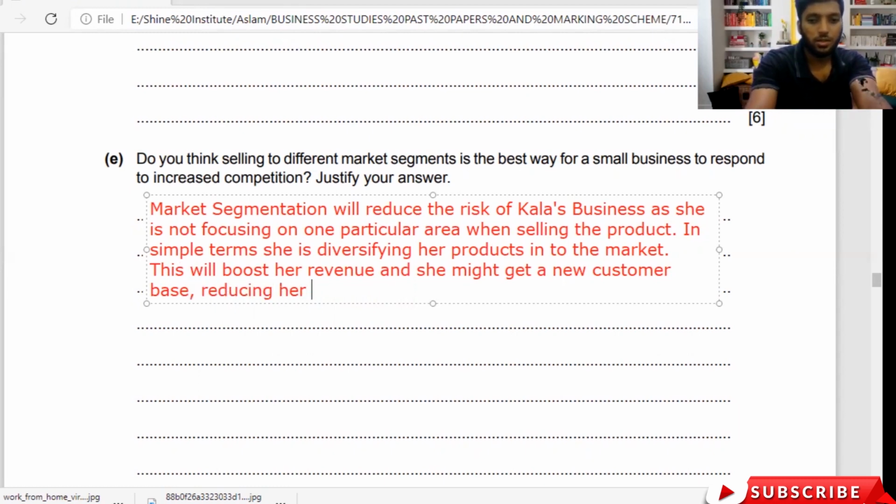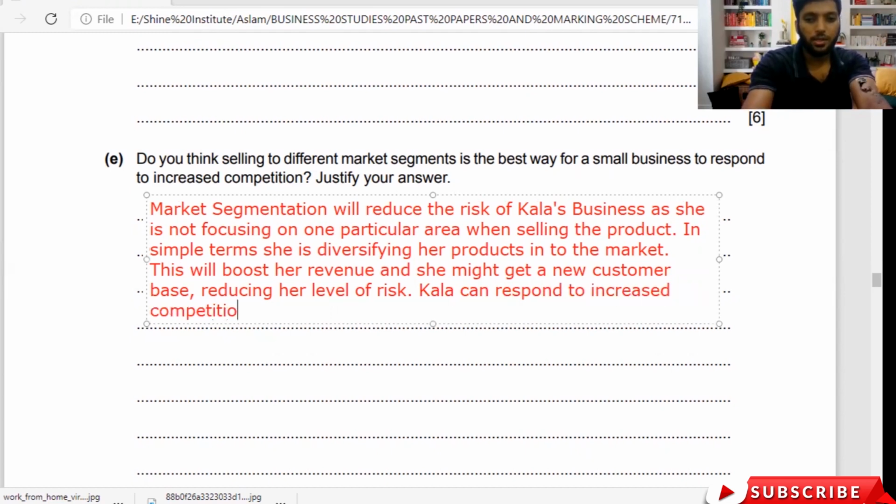Reducing her level of risk because she is not focused on one area. So now this is what we call application. I have done my application properly, but now I should say how Carla's business can respond to increased competition in her market. So you can write, Carla can respond to increased competition